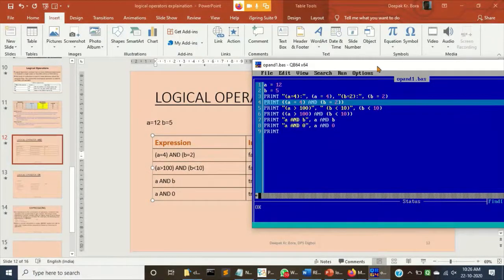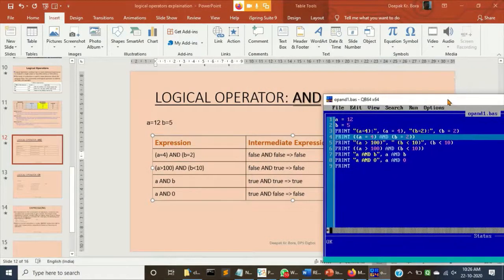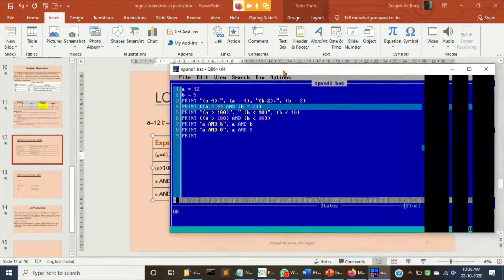Now you see this, the same thing, A equal to 4 and B equal to 2. Now here I am trying to show you the output of each particular relational expression first, and then the output of the expression that we are evaluating. So let us see. Let me run it.